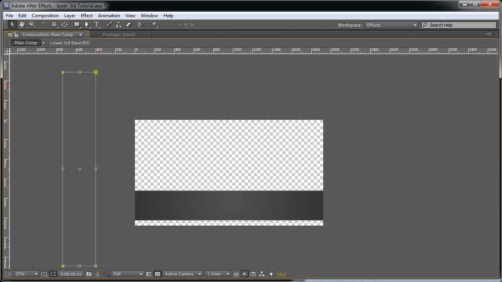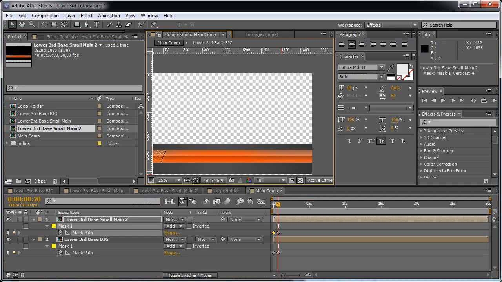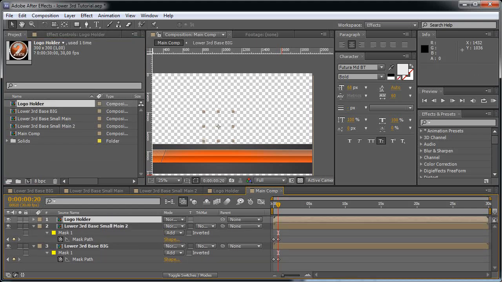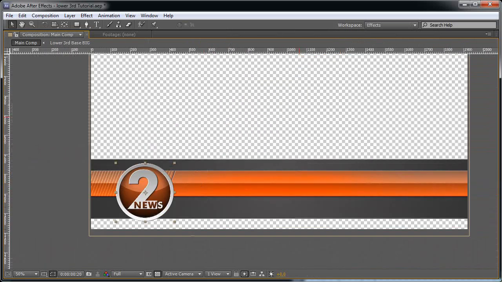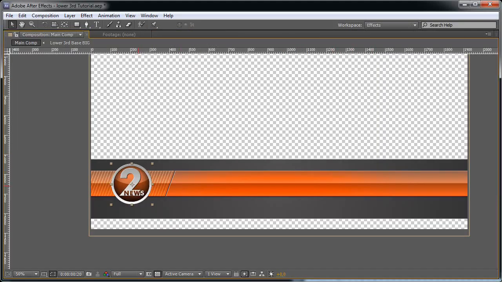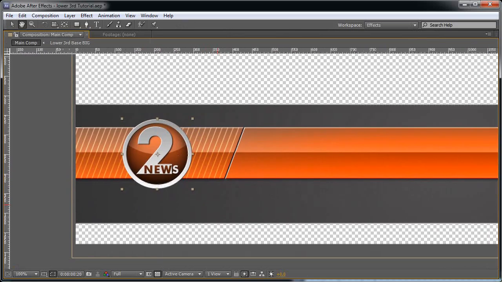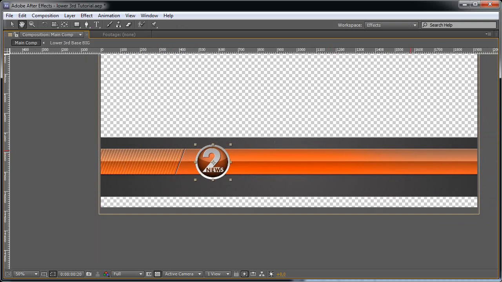So let's review it like so, and let's take the logo holder composition, and obviously it's pretty big, so I'm going to scale this down to 70% or maybe 60, and basically it's up to you. So let's leave it like that